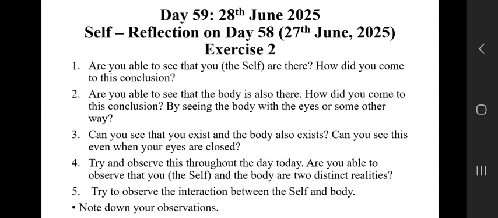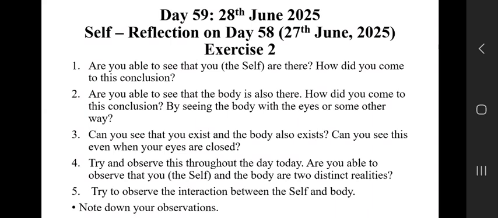But for now, I think at least we can appreciate that they seem to be two different entities because their needs are different and their activities are different. There is a sense of continuity in the self: the need is continuous, the activities are continuous. There is a sense of temporariness in the body: the needs are temporary, the activities are temporary. We have also been able to see this from experience, because when we witness a dead body, as Abhilashji was mentioning, we are able to see this directly.